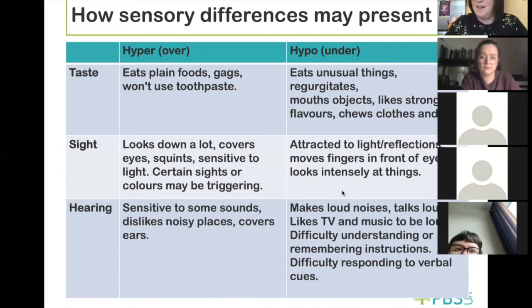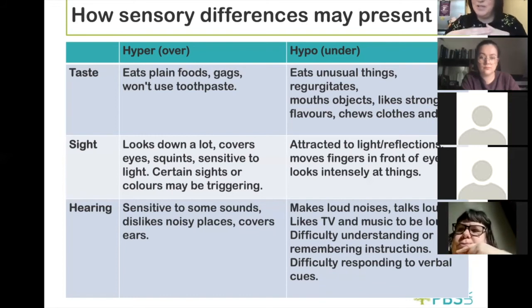I think just a little caveat to the makes loud noises thing there is, you do sometimes find that the people who are oversensitive also might make their own loud noises to cover up, to mask some of the noises that are going on around them that they find quite difficult. So just to be aware of that, sometimes it could be that person is making that loud noise because it's predictable, it's something they've got control of. They've got the on and off switch for that noise, haven't they? So sometimes you find that might also go into the other category there.